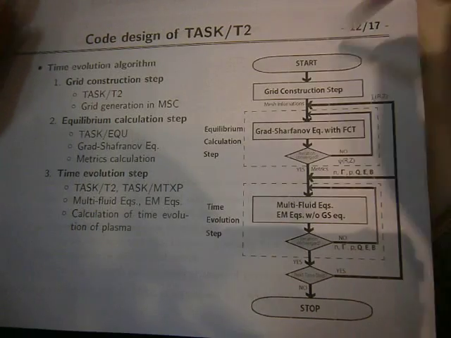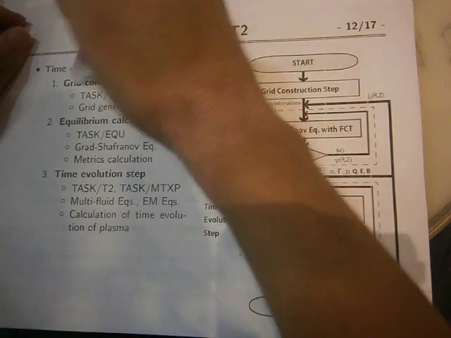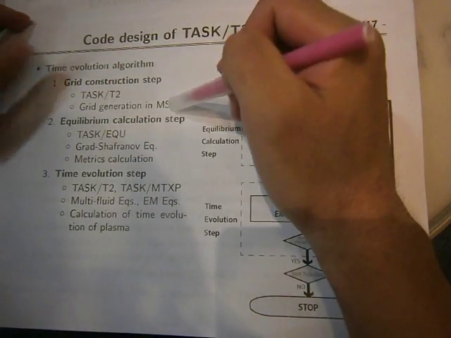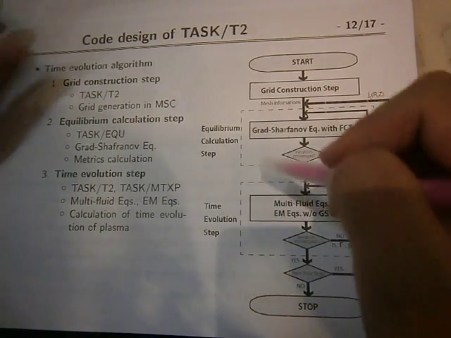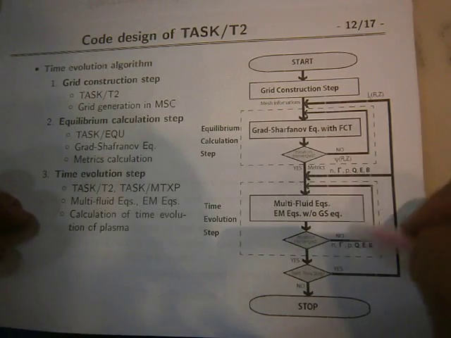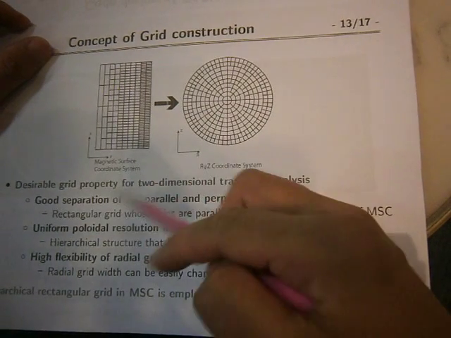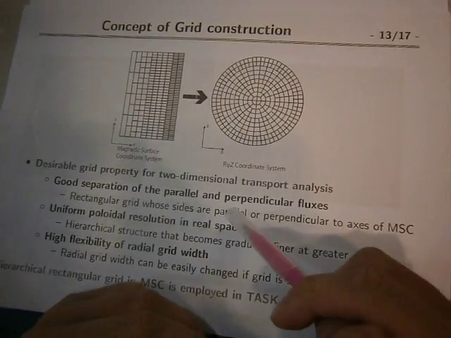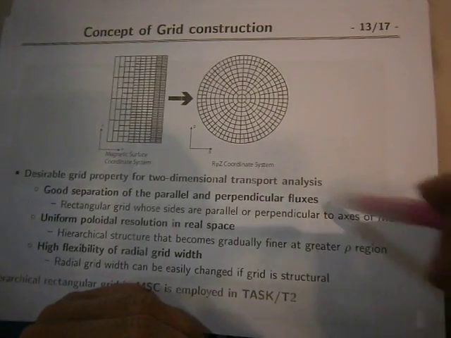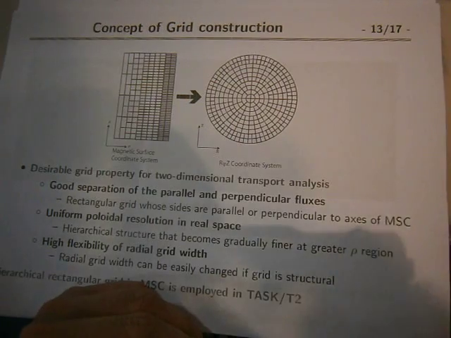Complex grid construction, magnetic system, regression grid property for time two-dimensional transport analysis, good separation of the parallel and the parallel flux. Flux on the regression grid whose slide parallel physical axis MHD